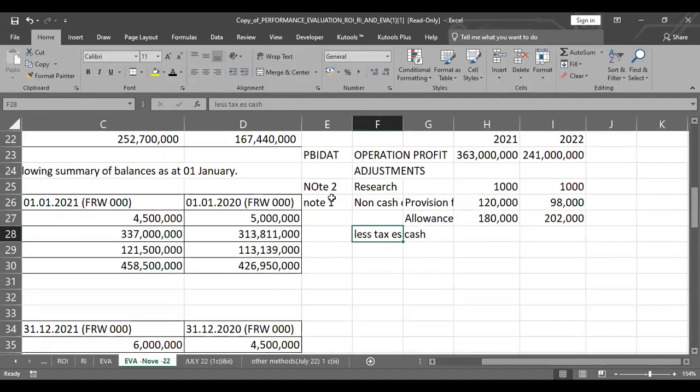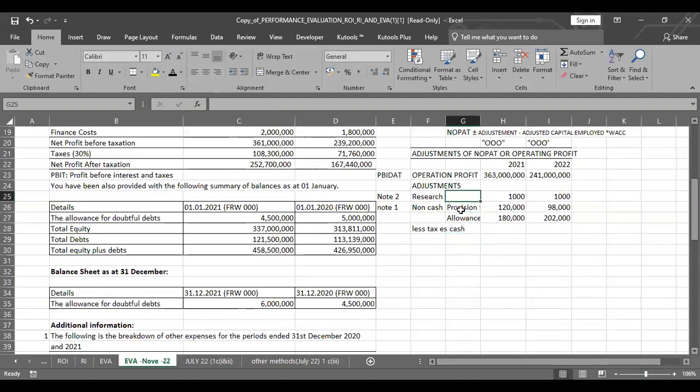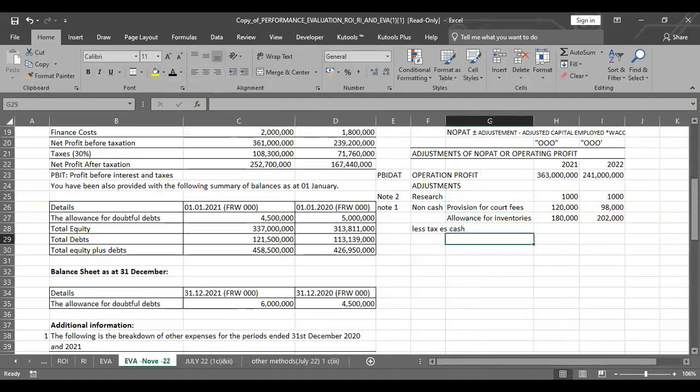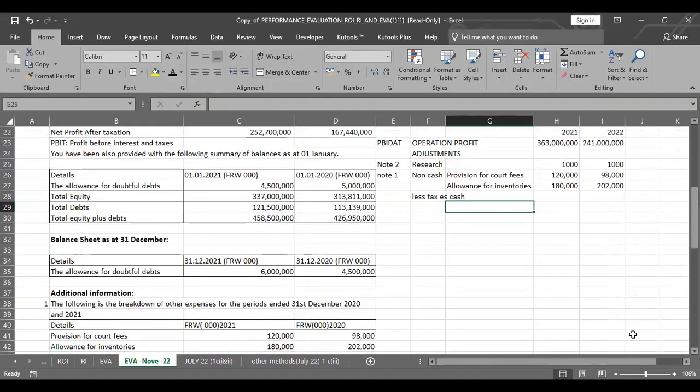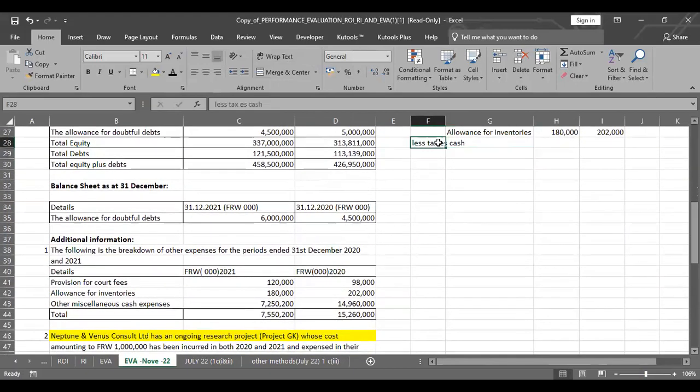Which one? Column space, like a provision for some other big. Provision for, okay, just give me a minute. Okay, so we picked those two. I think it's okay now. Yes, it's okay now. Okay, I was saying here, again, we'll have to deal with the tax, with less tax,